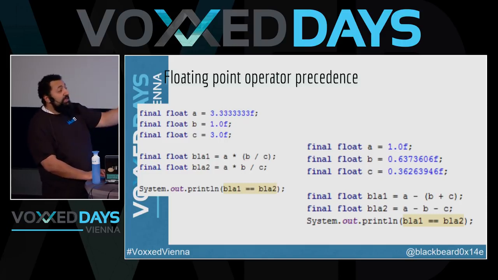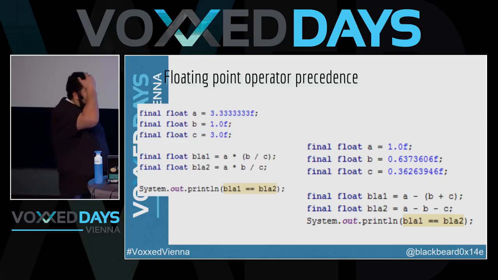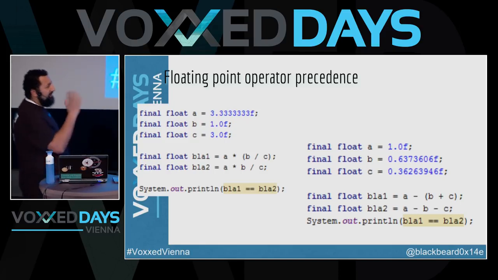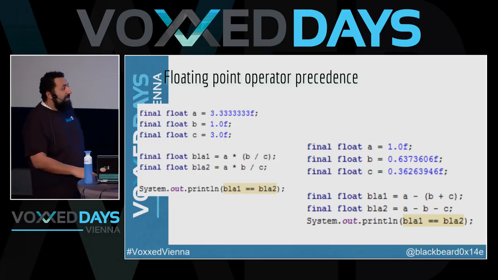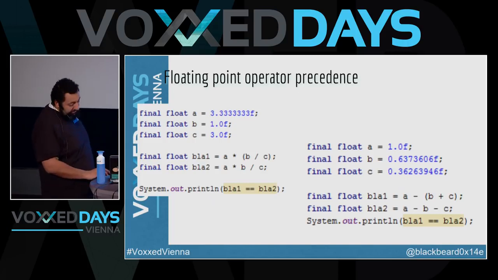This is an actual bug I had in the game. I think BLA2, from the one on the right at least, is 0, while BLA1 is an actual value, or vice versa, I don't remember. This is very tricky stuff. I'm not going to say undebuggable, because I found the bugs, but it's very difficult to debug, because you're not really doing anything wrong, except being stupid.